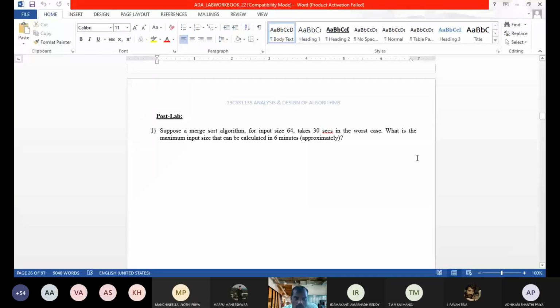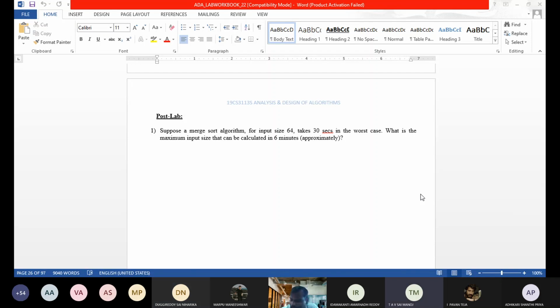The problem is visible to all of you. This is the post lab problem. Sai Manoj, is it visible? Yes, sir. Can you read out the problem?